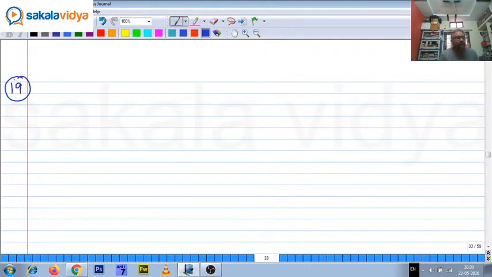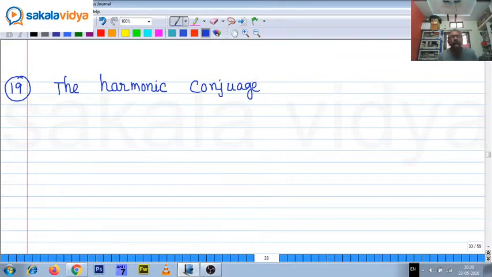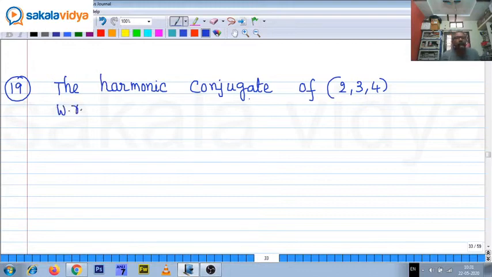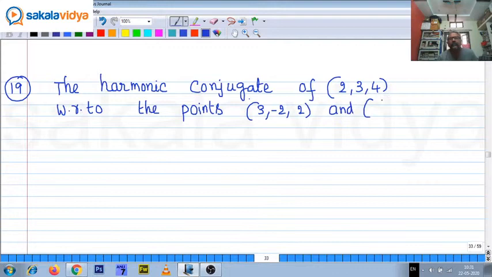Nineteenth one. The harmonic conjugate of (2, 3, 4) with respect to the points (3, -2, 2) and (6, -17, -4) is